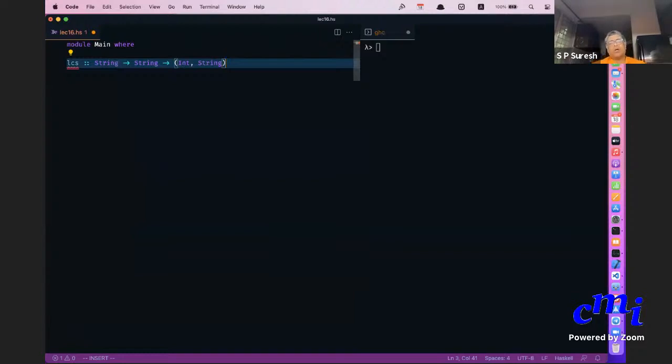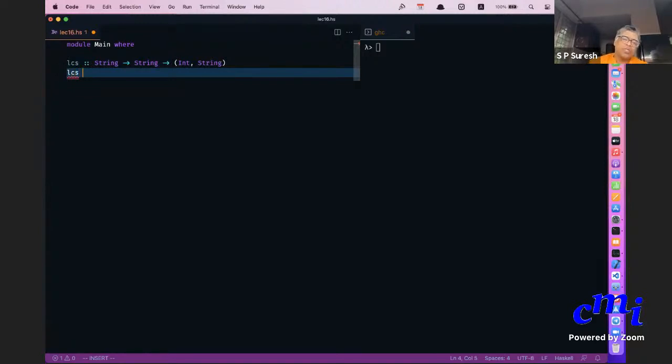Now I want to return an integer which represents the length of a longest common subsequence, and some string that has that length, which is also a subsequence. So now LCS of, I'm just doing the naive recursion now.